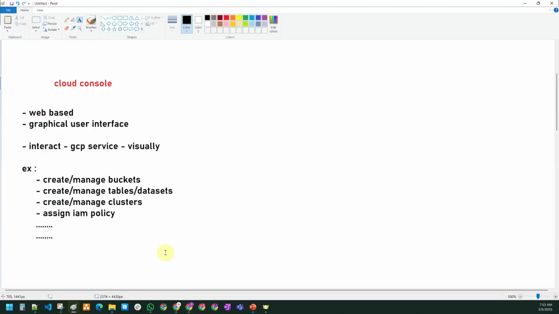Anyone have any questions on the console? We will do a small demo also on the console, Cloud Shell, and Cloud SDK. But if anyone has any questions, please tell me, guys. Now, anyone have any questions on the console? Okay, if you do not have any questions on the console, let me go to the next